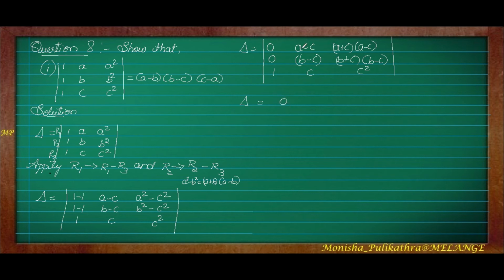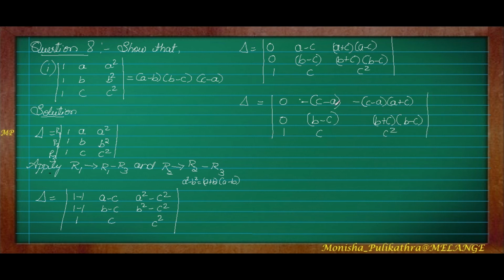this also I will be changing, because we need to change both in order to take the common form. Instead of C minus A, if I take minus common, minus into minus is plus, so C will become plus C, and A minus into plus is minus, so minus A. A plus C, write as it is, because in the answer we need C minus A. B minus C remains B minus C itself, so there is no need of changing the second row. B minus C, write as it is, and here B plus C into B minus C. Last row also write as it is, 1, C and C square.